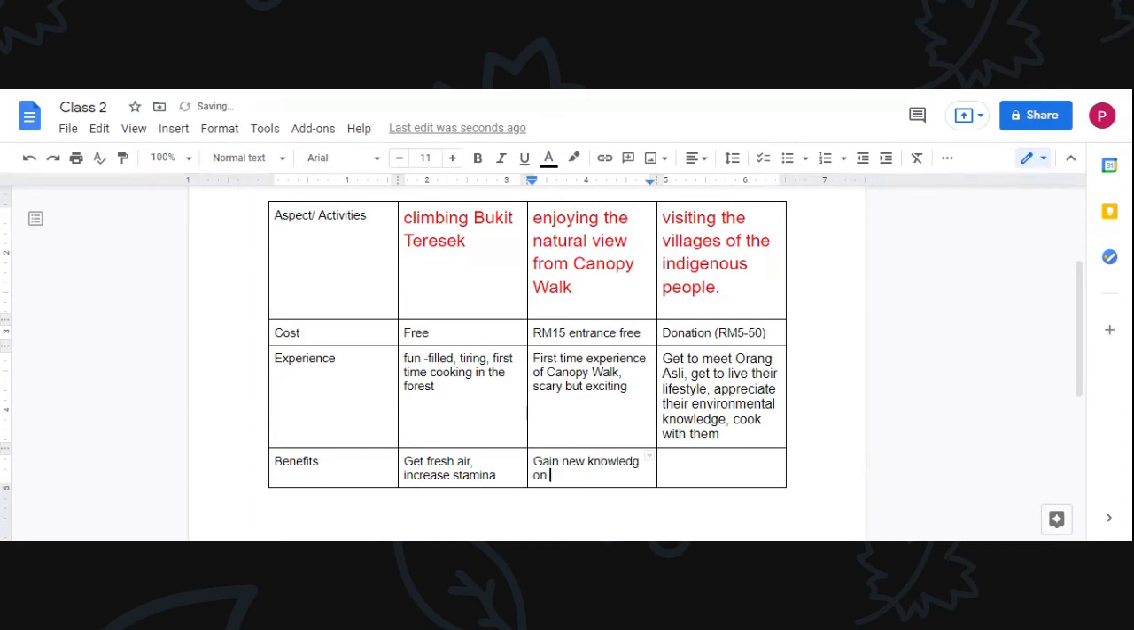on flora and fauna. But maybe it's not flora and fauna. Canopy walk is only plants, so gain new knowledge on plants. Maybe you can say exotic plants. You can add another word here. This sounds cooler. And maybe for here you get to learn new